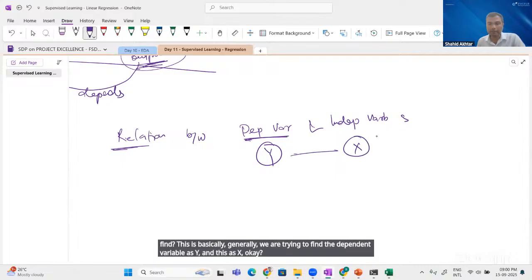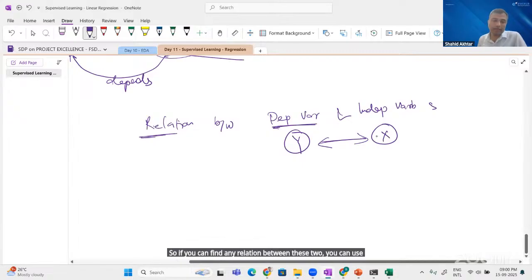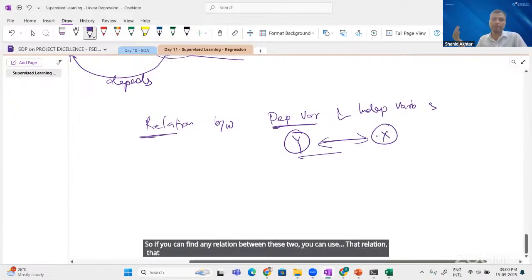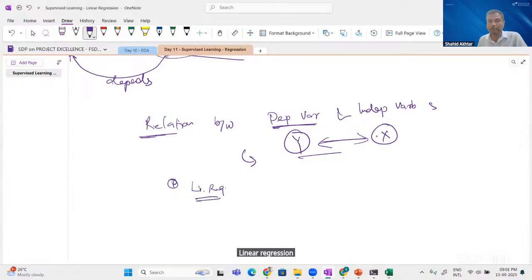If you can find a relation between these two, you can use that relation to predict for new values. Generally our linear regression model will be represented using a straight line,